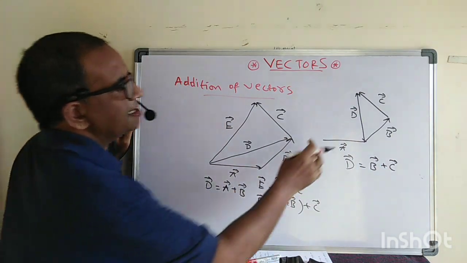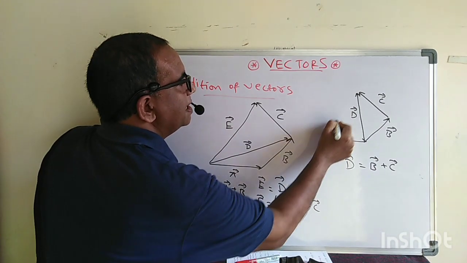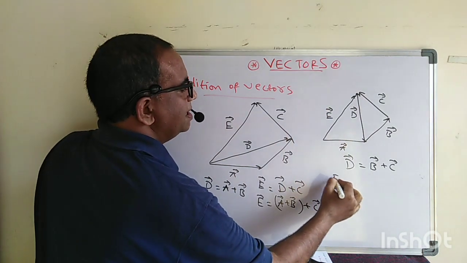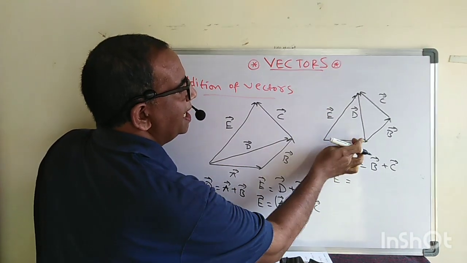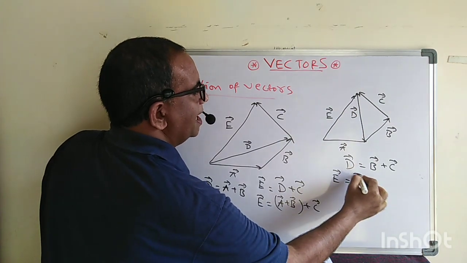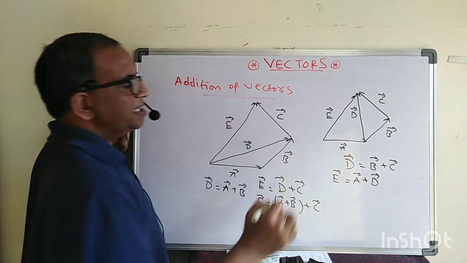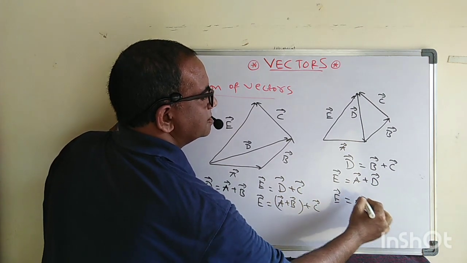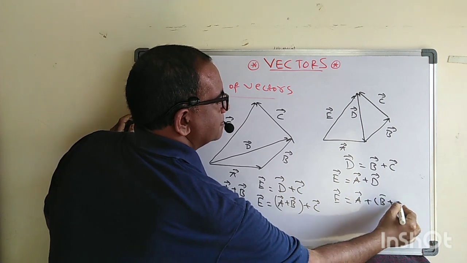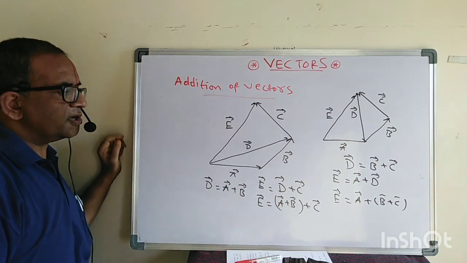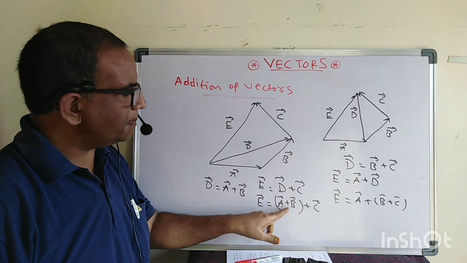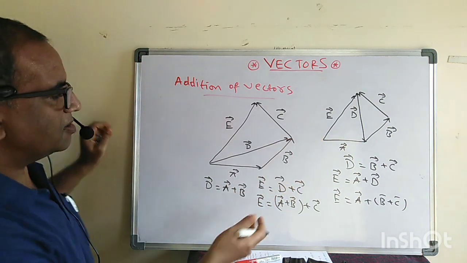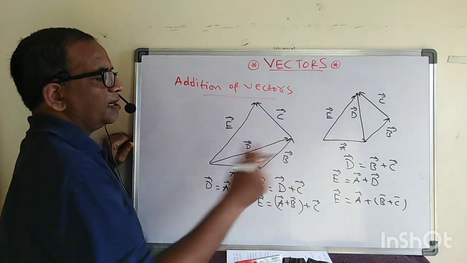Okay, then here let us add A and D now. See A and D. If I add A and D, I get E. Therefore see what is E here? So E is nothing but, see A and D means what? A plus D. But what is D here? E is equal to, you can write A plus B plus C. Okay. Therefore, see now what you got here: A plus B plus C. Here A plus B plus C. Therefore, here you can observe this is also E, this is also E, and both are one and the same.